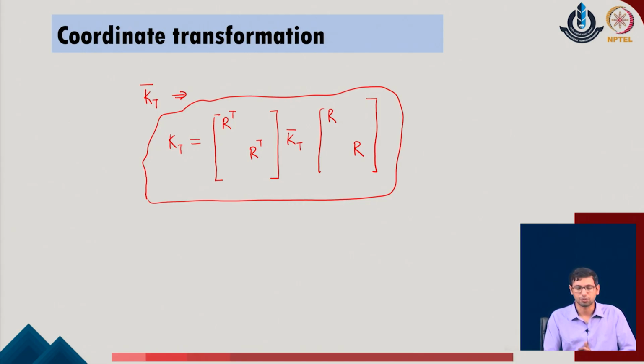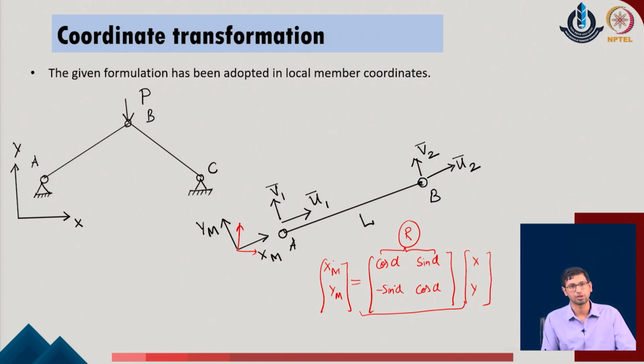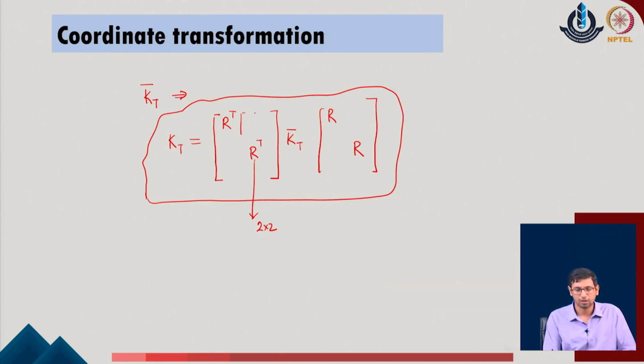We again utilize the same expression. Over here also R happens to be a standard matrix of size 2 cross 2, because right now we have only 2 degrees of freedom in the given system, and the values which are not defined here, the null values, are actually 2 cross 2 null matrices. With this idea we are able to convert the standard tangent stiffness matrix between the global and local coordinates of the given system. In a number of situations we may be required to take not the overall stiffness, but only a part of it, and that can also be done by taking the requisite amount of multiplier. We will briefly see that in one of the example problems.